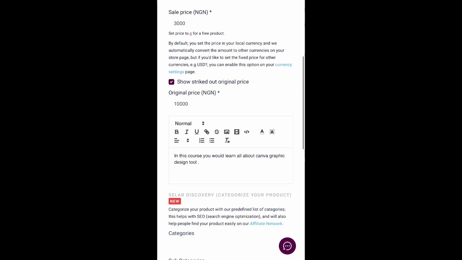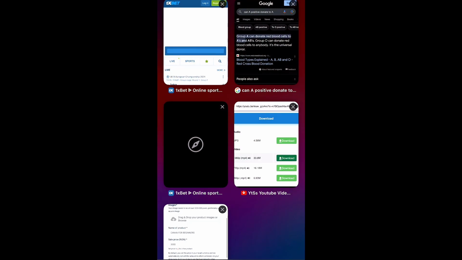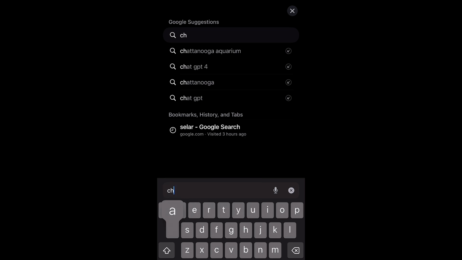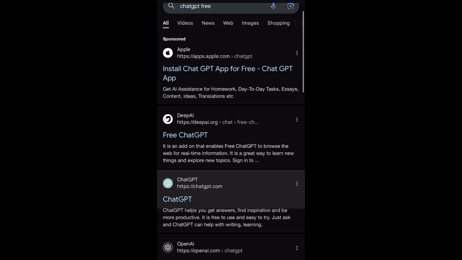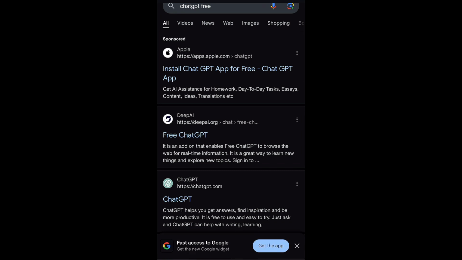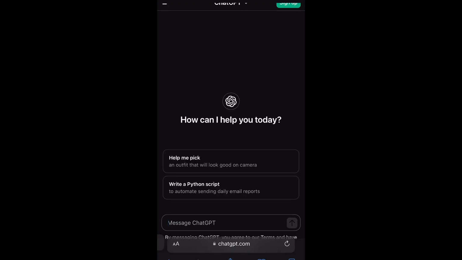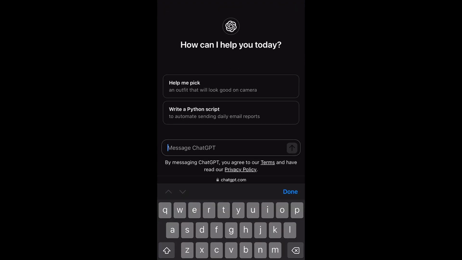Very easy. You want to come here to your browser. All right, let's come here to our browser, and then you want to come here to ChatGPT. In case you don't know, ChatGPT is actually one of the best AI tools out there right now, one of the best generative AI tools. So now once you go to ChatGPT, that's chat.openai.com, all you have to do is to say, write me a nice course product description